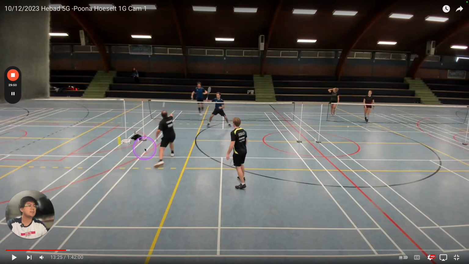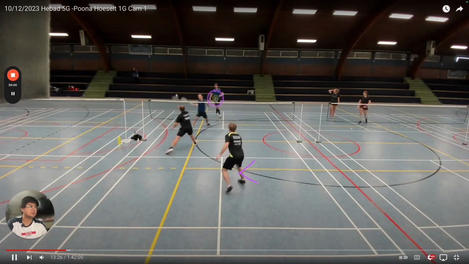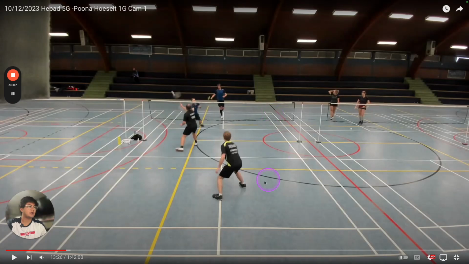Basically, okay, if my front player plays a drop shot or a net shot, and they're going to lift it, I need to be ready for that lift, right? I don't need to worry about the cross here, especially if they're not in a position to cross drive, which, if you can see where they're taking it, they're not, right?